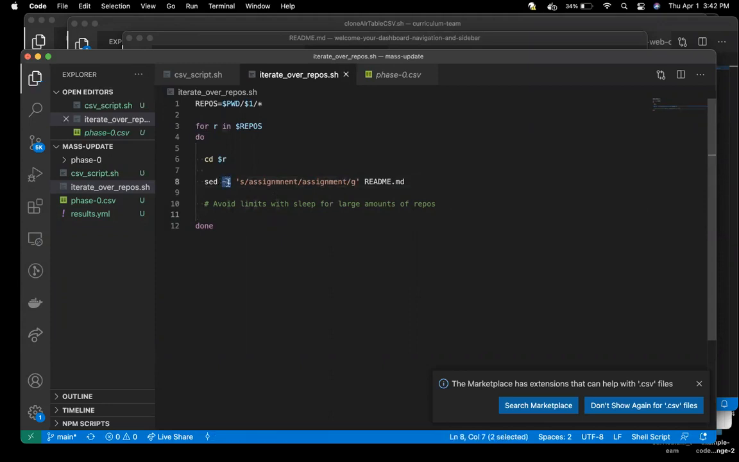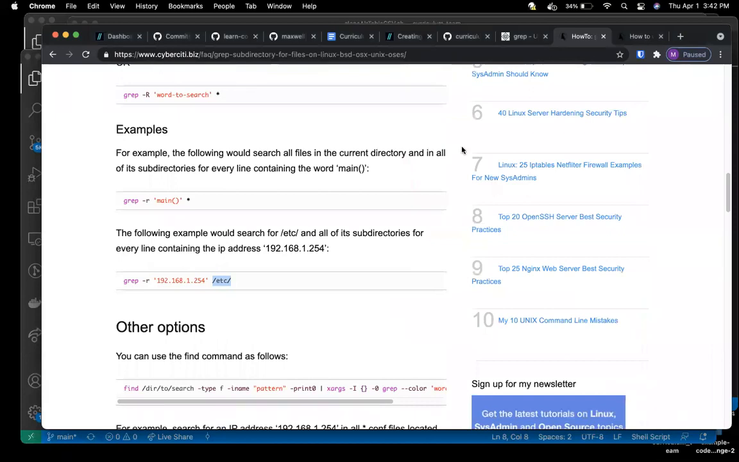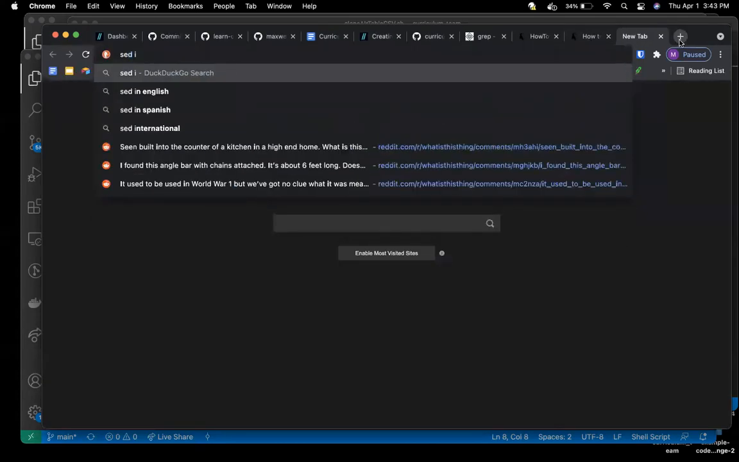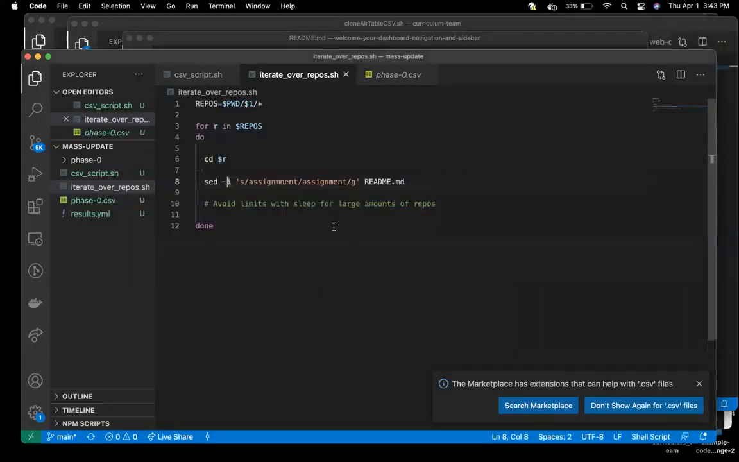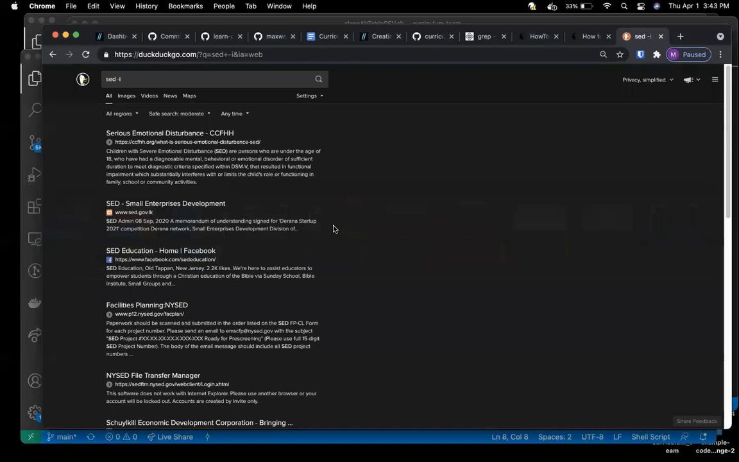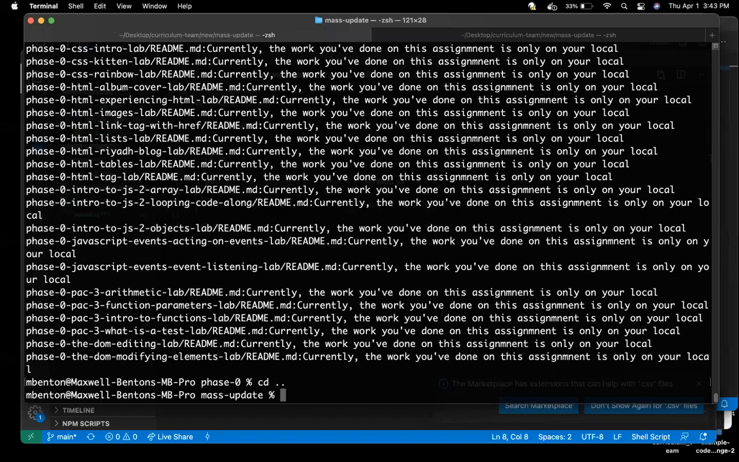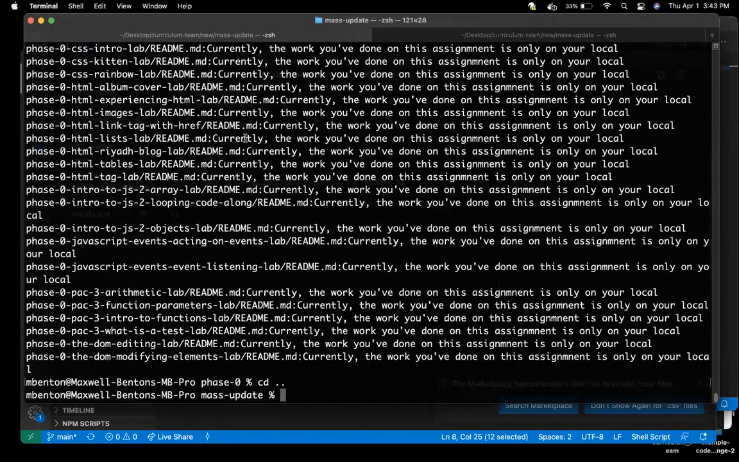I'm guessing i is for interactive. Let's see. It doesn't tell me. All right, well, whatever. I'm going to try it. The worst thing that can happen is I could break a bunch of repos that are only local to me. So I'm going to now run this command, this script. It's going to cd to everything and try to replace the typo with "assignment". All right, bash